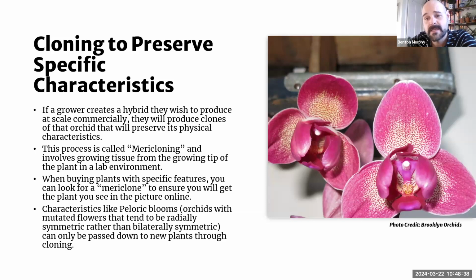They basically harvest some material from the growth tip of the plant and separate it into multiple different samples and grow clones from those tissues. There's nothing wrong with mericloning. If you're looking for an orchid with very specific characteristics or a hybrid, you're probably going to be getting a